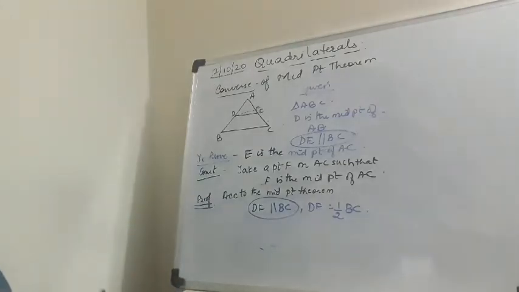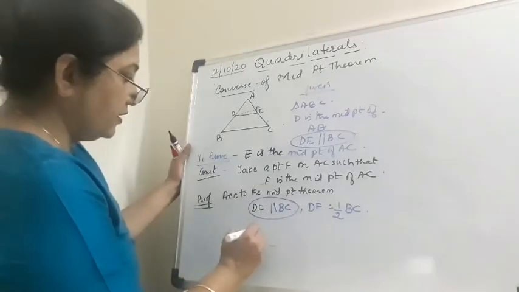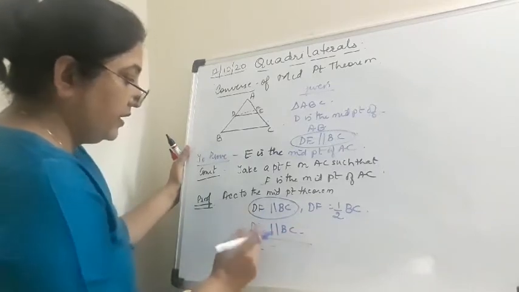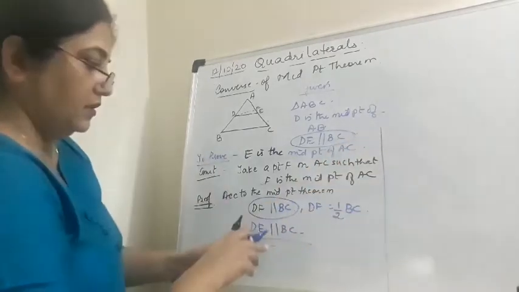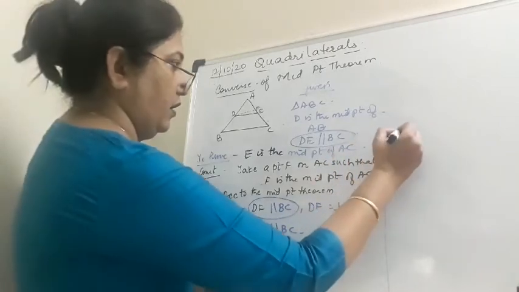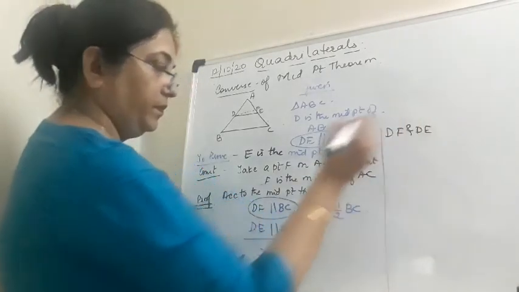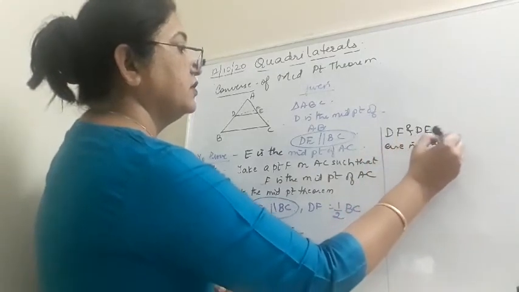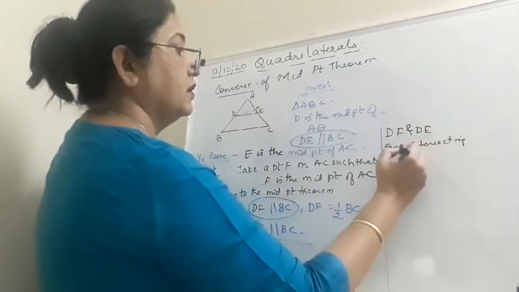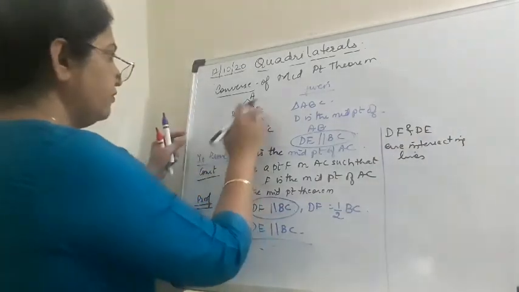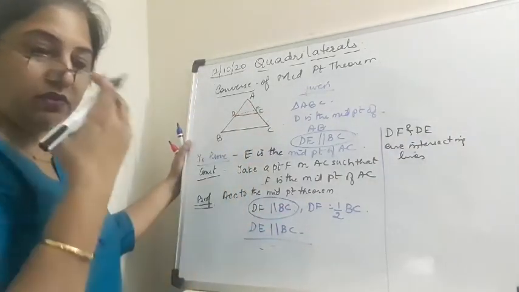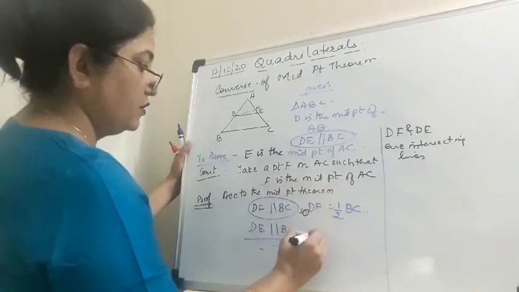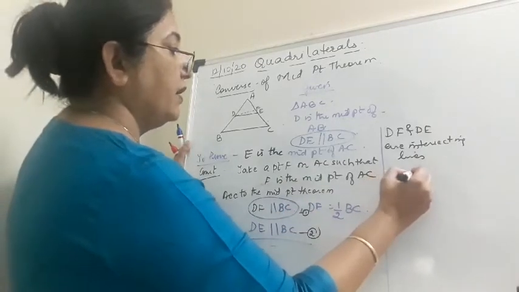We also know that DE is parallel to BC. Now DF and DE are intersecting lines because they have a common point. So we will write this is 1, this is 2. So we write by 1 and 2,